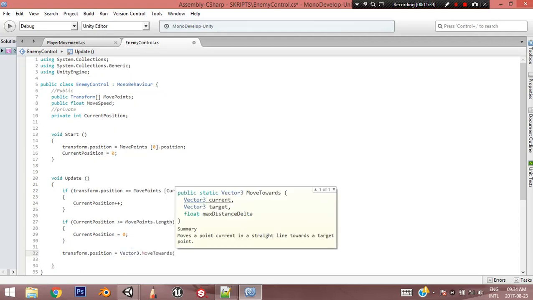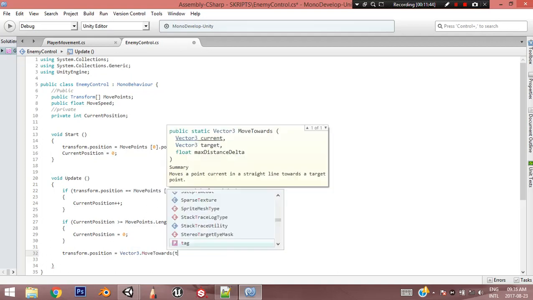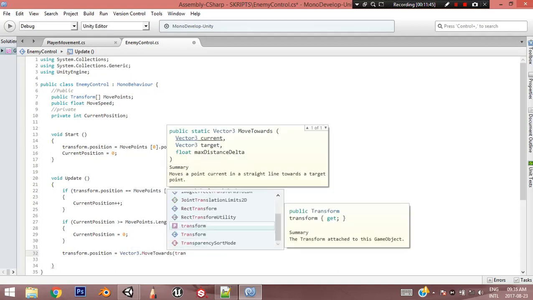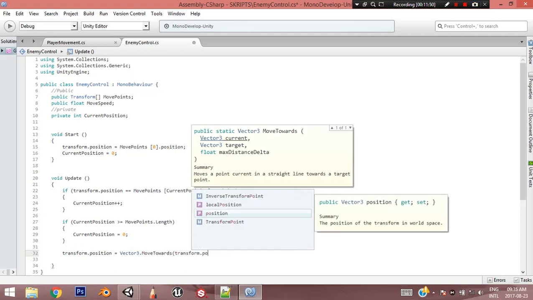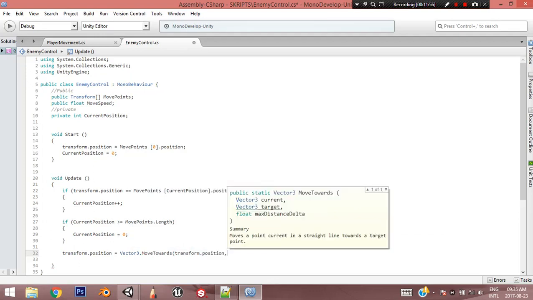And the place we're going to move to is transform.position, comma,